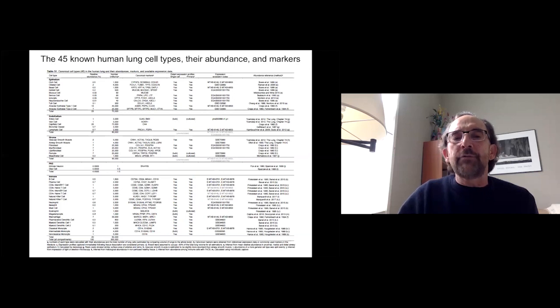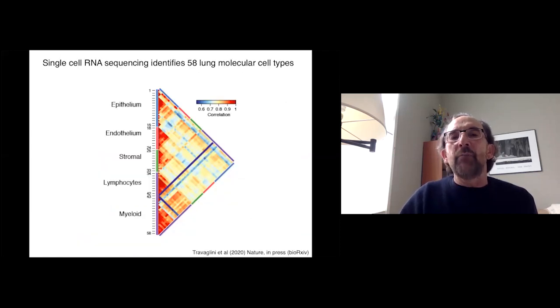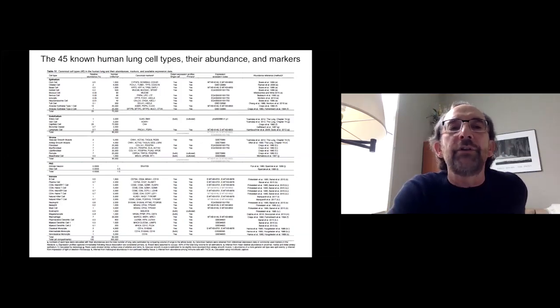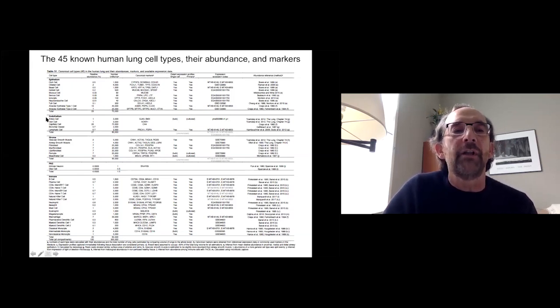Now, we were very interested in relating these 58 molecular types to the canonical cell types that Gloria mentioned in her talk, of which there were 40 to 45 that were known, as she noted. We compiled an exhaustive list from the literature of the 45 known human lung cell types, listed here by their tissue compartments and their estimated abundance in the lung, and you can see there's a huge range in abundance, from the most abundant cell types, which are 13 to 20% of all cells,